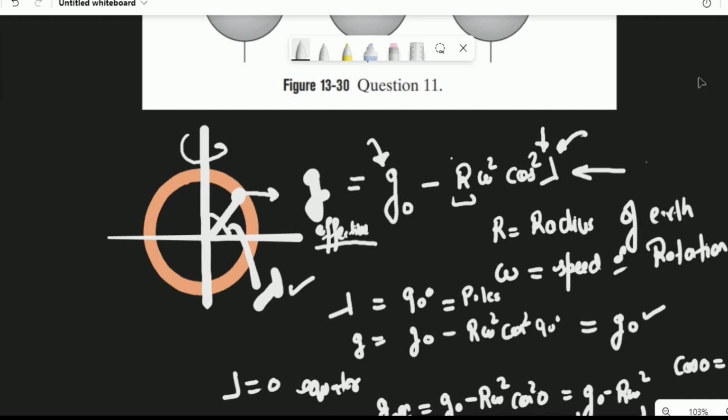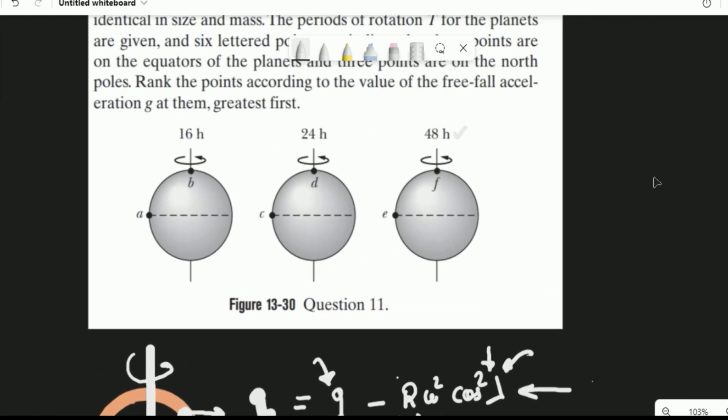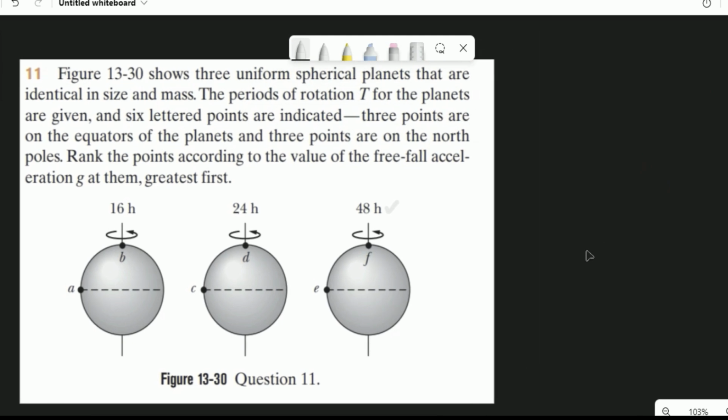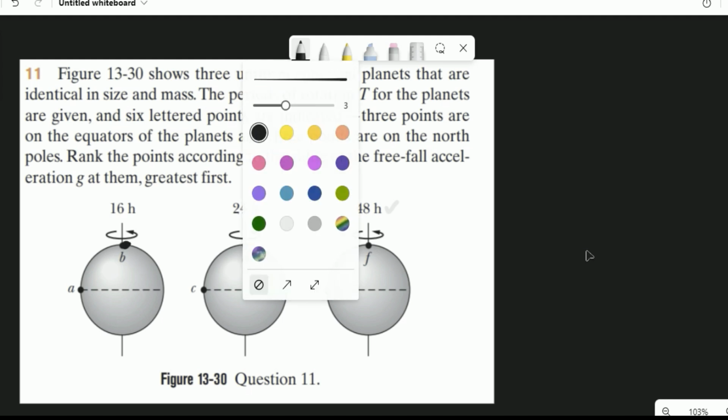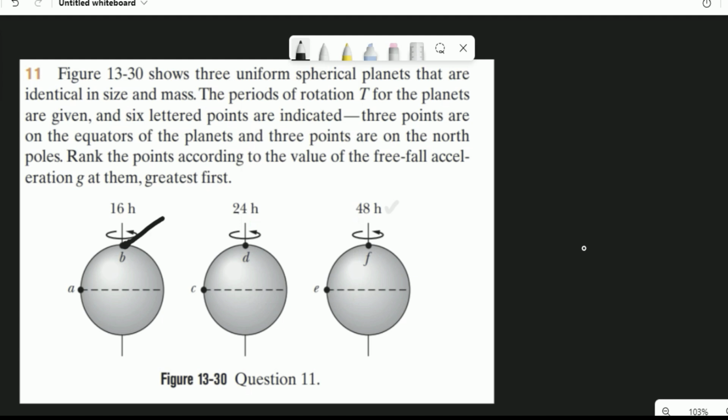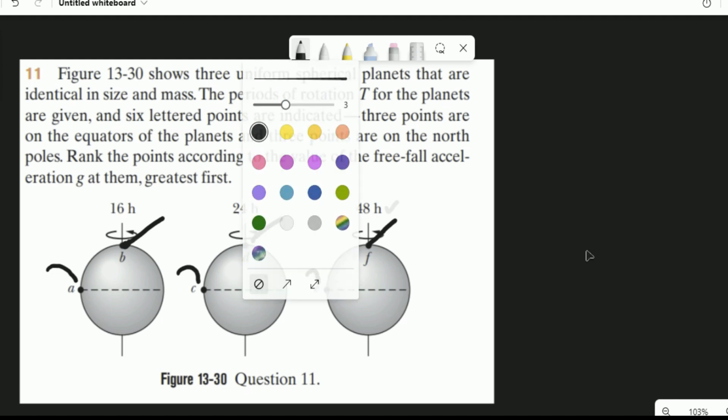Let's go back to our question and see how we can start answering this with the help of the knowledge we have acquired. What is very clear is that the acceleration due to gravity at the poles is highest. These are the points which are all poles, and g will be highest. Now the distinction is we have to compare the equator here and here. So we already know that at the equator it is the lowest. So let me do it for